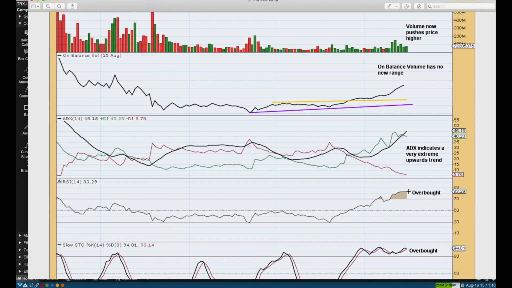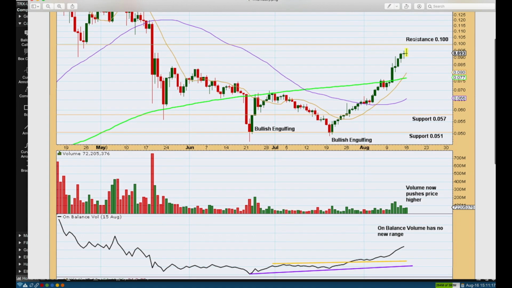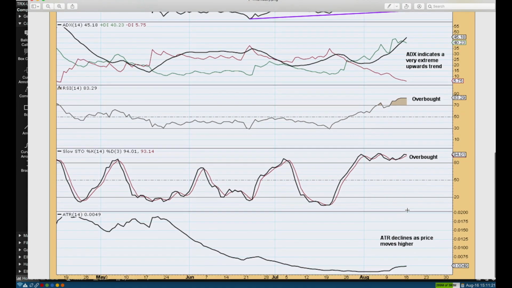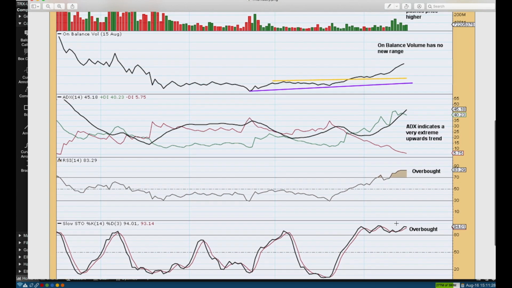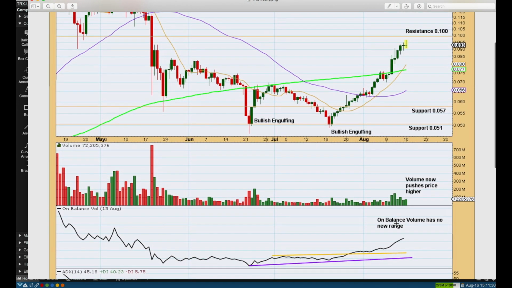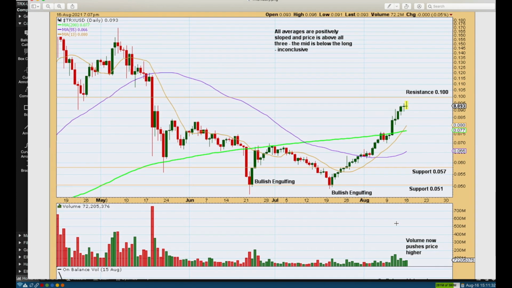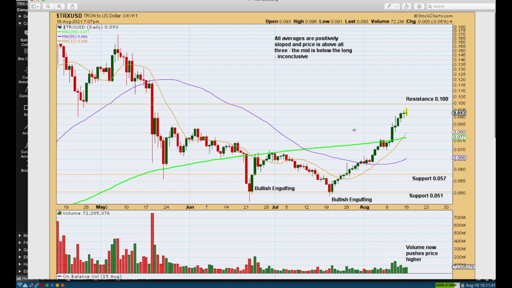However, with both of these being very extreme, and price reaching resistance, and volume declining, and ATR showing a little bit of an increase, but for most of this rise being relatively weak, I'd be suspicious that we're getting to at least a short-term swing high, if not a high as my Elliott wave count expects, the end of a B wave and the start of a C wave. I can't make a firm conclusion on that. Let's have a quick look